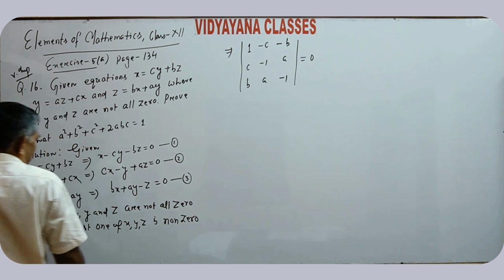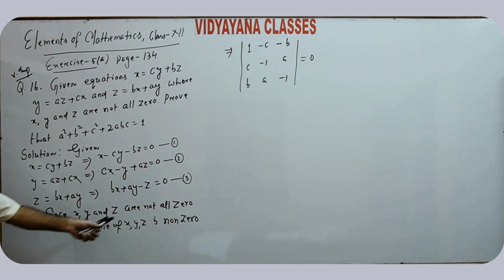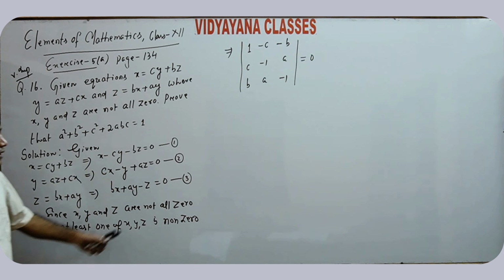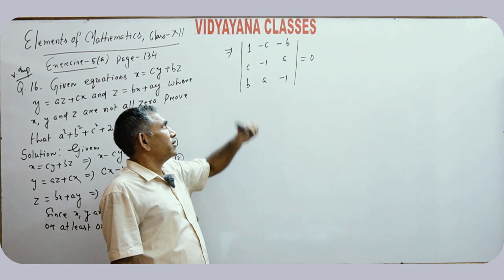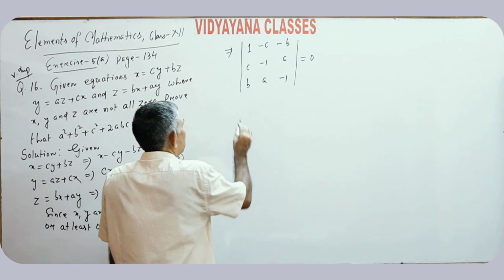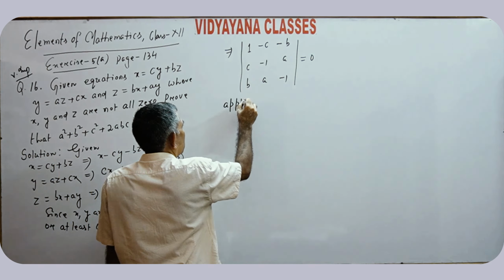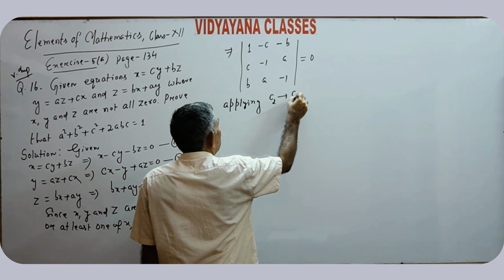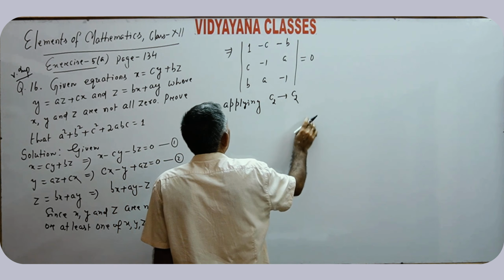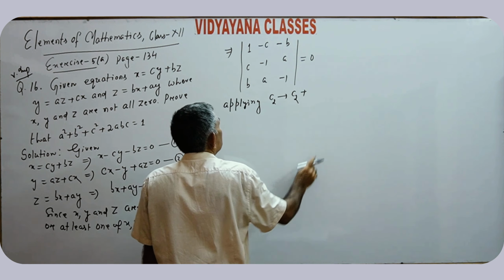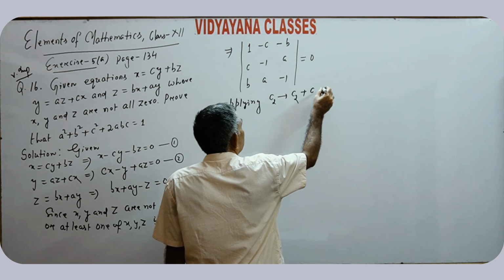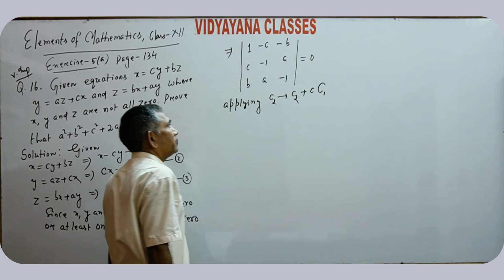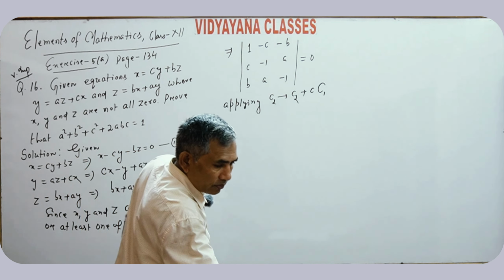Since xyz are not all 0, implies the system of linear homogeneous equations has a non-trivial solution. In this case, determinant of the coefficients is equal to 0. Applying C2 is replaced by C2 plus C times of column 1. Column 2 is replaced by